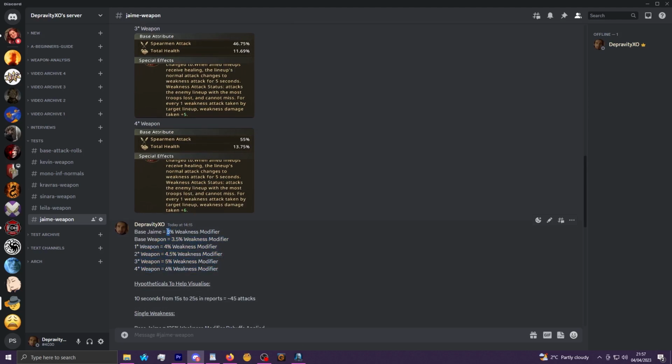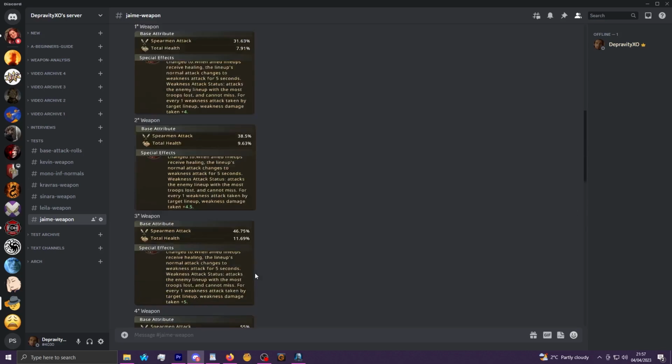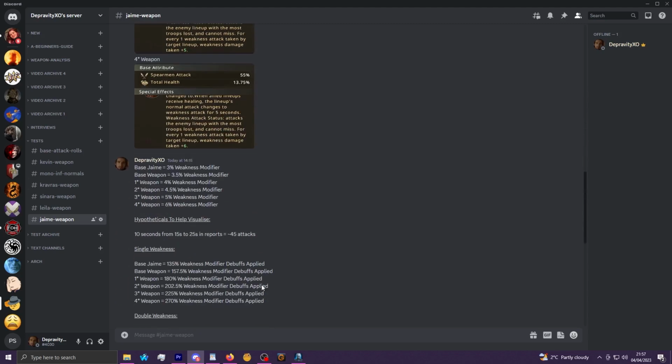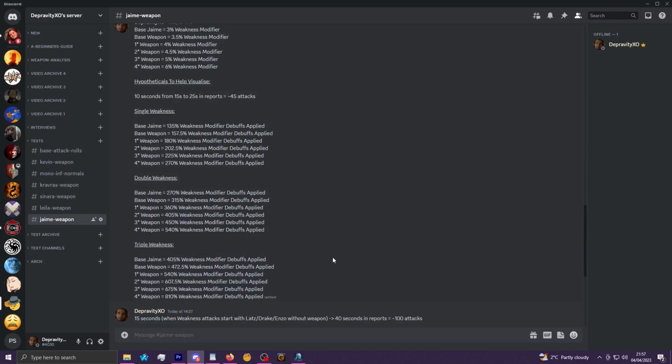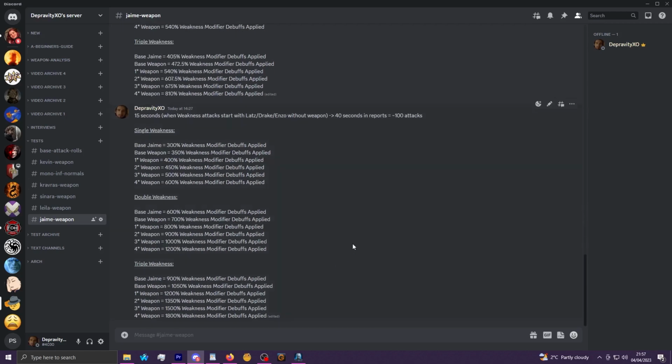At base, it'll be 3% to 3.5% to 4%, 4.5%, 5%, and then finally at 4-star, it will jump a whole 1% all the way up to 6% as a weakness multiplier. So it's a very simplistic mechanic where it's just increasing the damage multiplier. To help visualize this, I thought what would make sense would be to show how much it will affect the